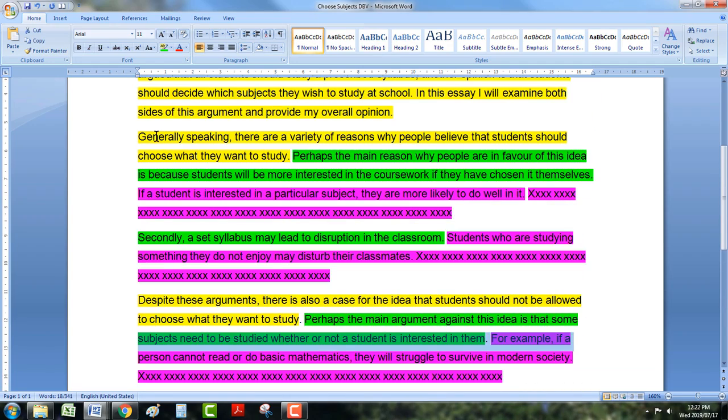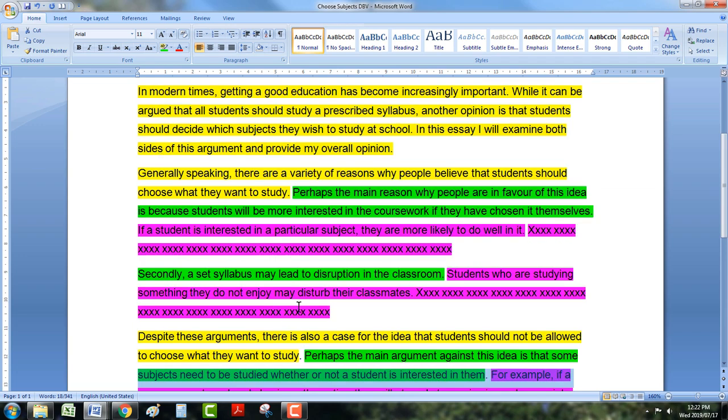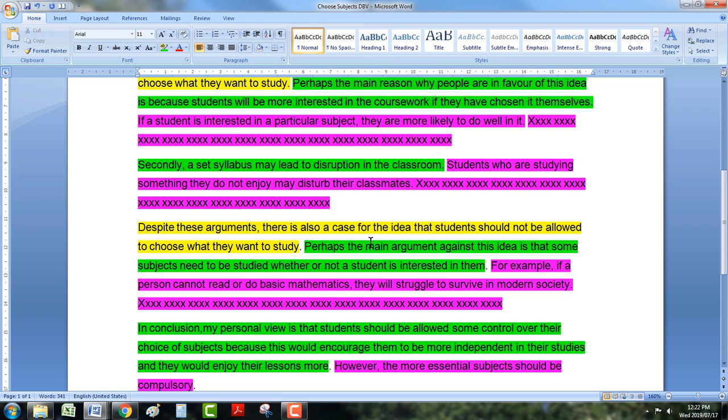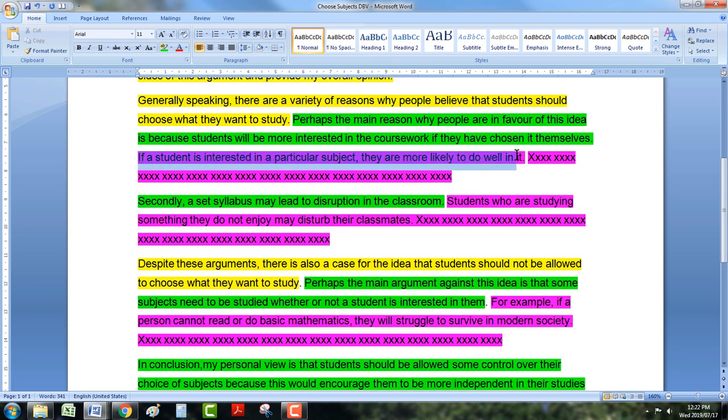In that case, then you would have 3 body paragraphs, 2 for the one which you prefer and 1 for the other argument. So for example, let's say you gave an example over here. Here it's a conditional. Maybe you say, for example. Many teachers think that you shouldn't just give an example, you must also comment on the example and develop it further. So then you would give your example there and then comment on the example over there. So you're basically using this material here to develop the idea and push yourself into band 7, 8 territory.